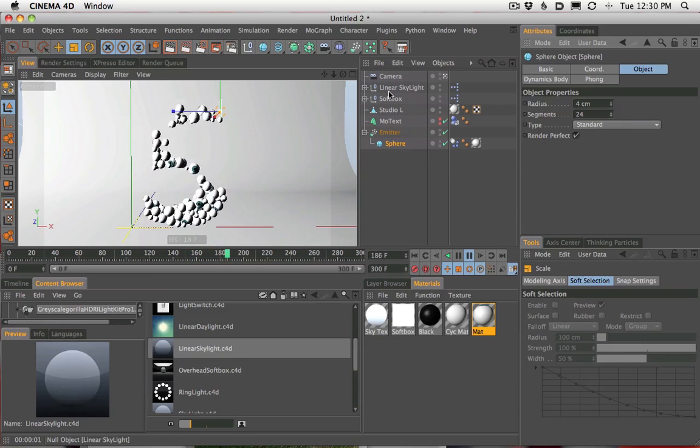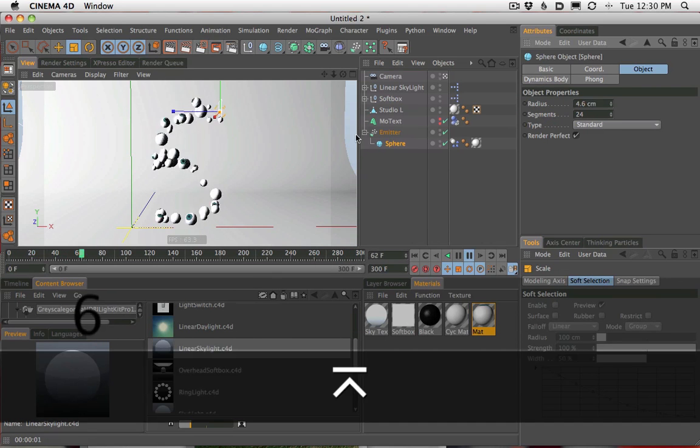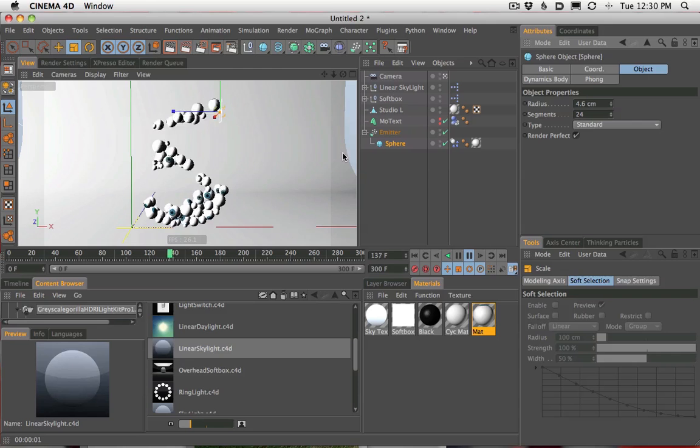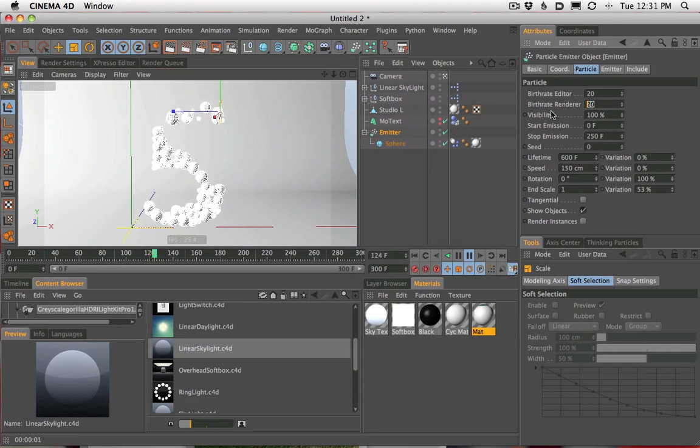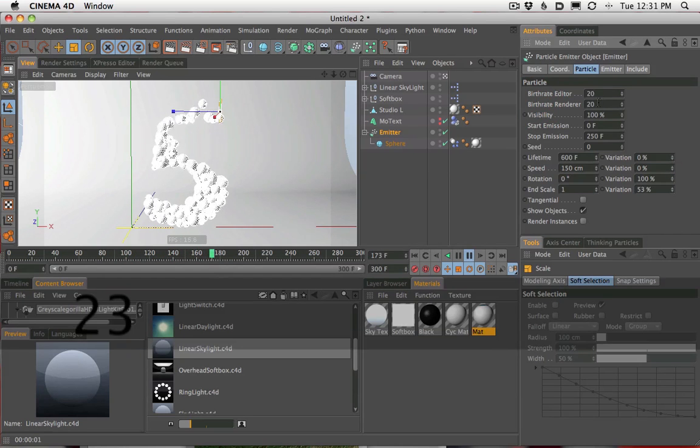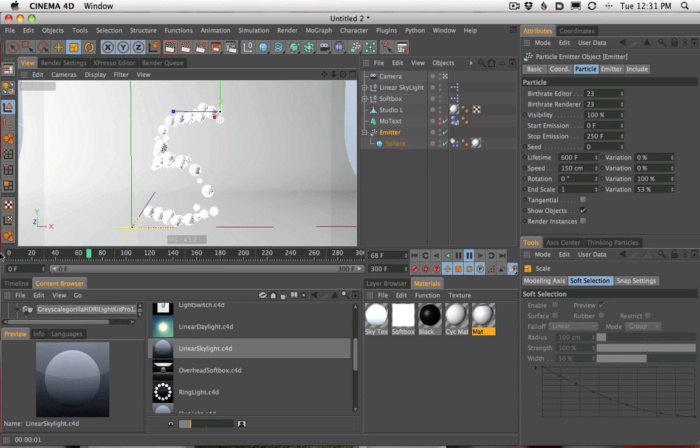I have a feeling, though, that we're going to have to either turn up our overall amount of spheres. You can see it quit too early. So let's make this 4.6. And again, we're just in dial mode where we're playing around and trying to get things working the way we want them to. When you have a problem, you got to start making little tweaks that will help you kind of finish that. Now we're almost there, but you can see it's not filling all the way now because I made the sphere a little bit smaller. So instead, let's add more spheres. Let's go 23 spheres in per second there, and that might be right.